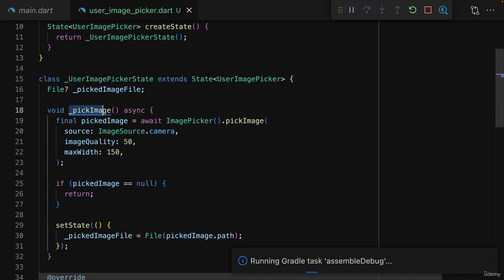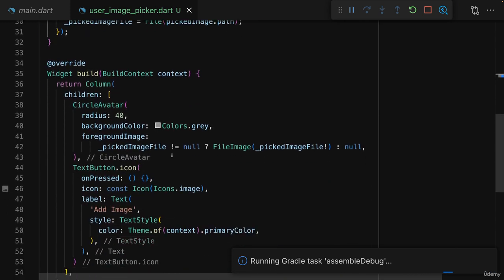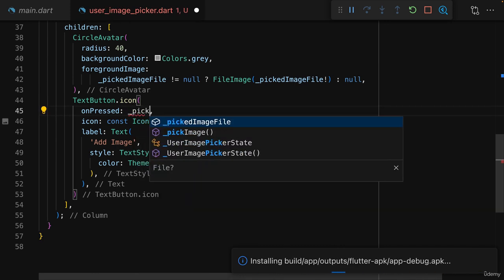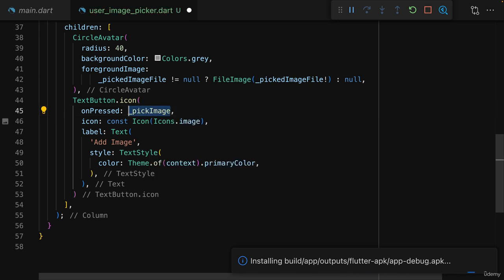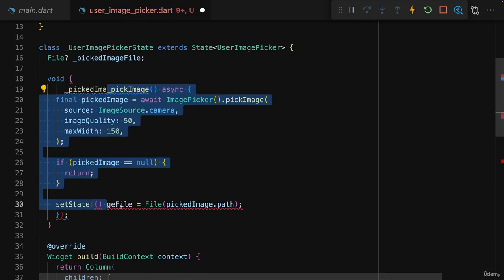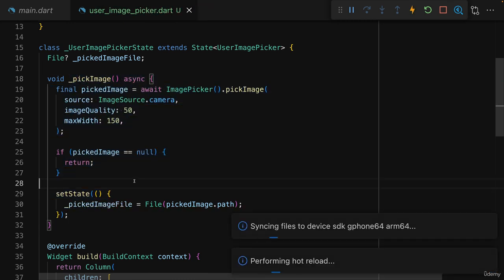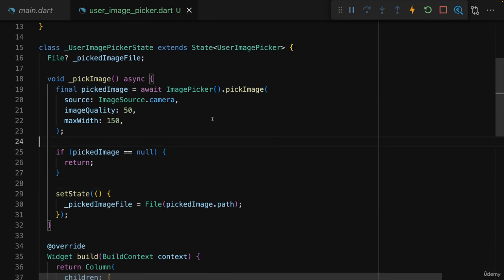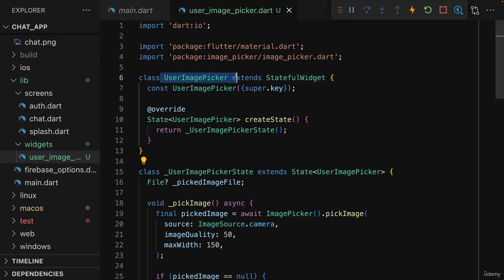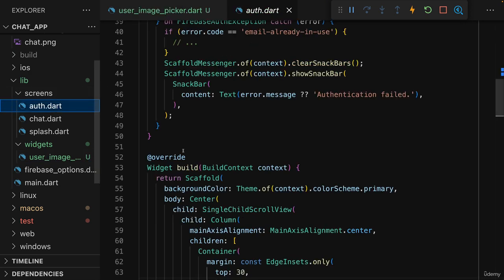Of course, we also must make sure that this method is connected to the button though, and therefore as a last step, whilst this is restarting, I'll set on pressed here to pick image, so to this method we just added. With that, this method here will be triggered whenever we tap this button and will then take this image and hopefully also show a preview. Therefore, this widget here is finished and we can now use this user image picker widget in the off screen,